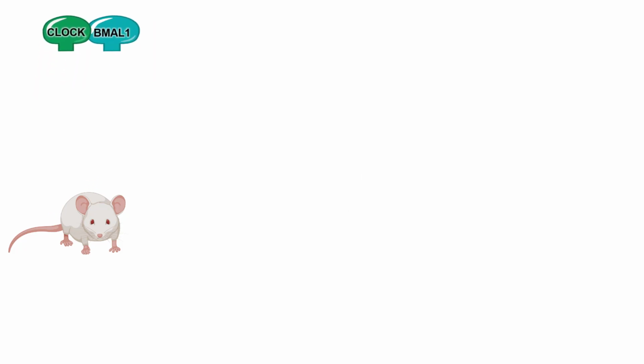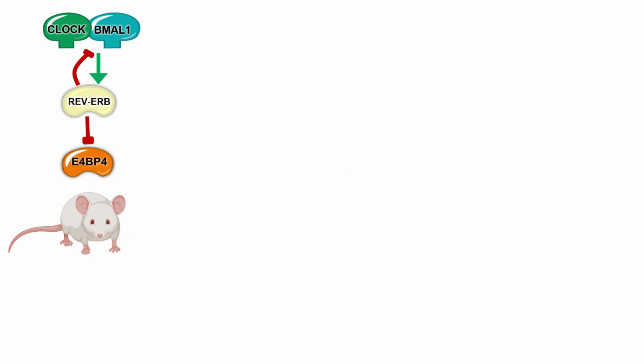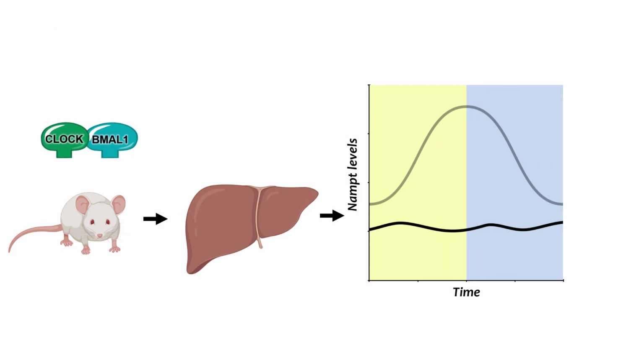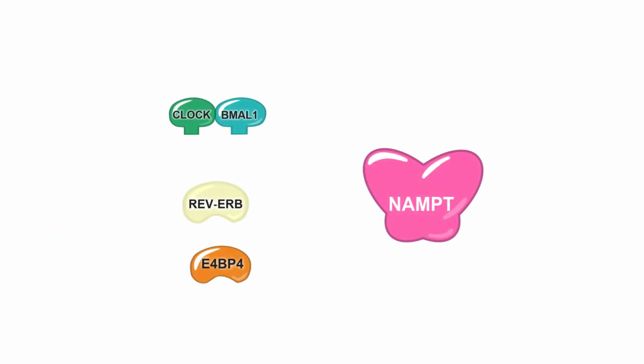In mice without REV-ERB, the E4BP4 repressor of NAMPT is high, which results in low NAMPT expression in the livers of REV-ERB knockout mice. Similar results have been found for CLOCK delta 19 and BMAL1 knockout mice, which no longer have the CLOCK-BMAL1 dimer to drive NAMPT expression. These studies show that NAMPT expression is dependent on circadian clock function in many different ways and within the same cell. It is estimated that in a given tissue, 10 to 50% of genes are clock-controlled in mammals.